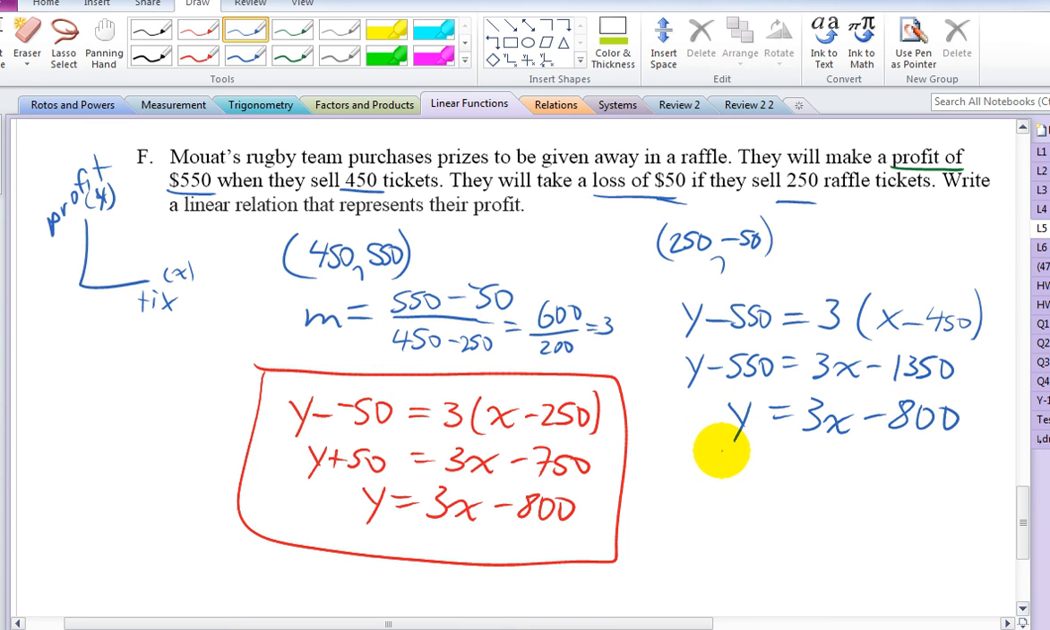Okay, no matter which way you do it, whichever point you chose, they're exactly the same. y equals 3x minus 800. So it doesn't matter which point you choose. That's why I just say choose one, flip a coin. We'll give you the same thing as long as you do all your work correctly. Okay, so you don't have to show the red. That's just for me to prove to you I'm not completely